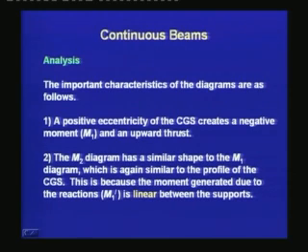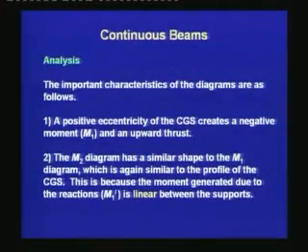This we had seen from a simply supported beam, that when the CGS is below the CGC, that means when it has a positive eccentricity, the moment M1 is negative, the beam tends to hog up and the thrust or the equivalent load is upwards. This is the first check to make sure that the calculations of the diagrams make sense given the eccentricity of